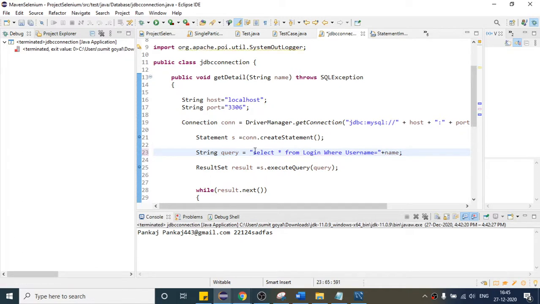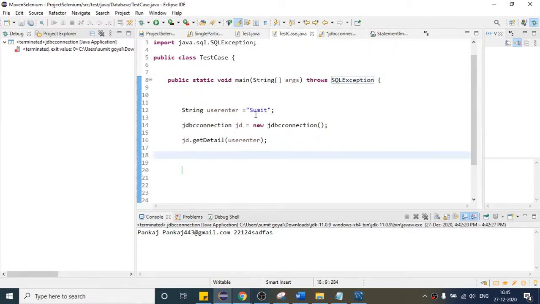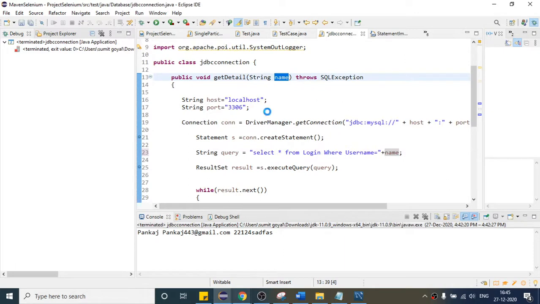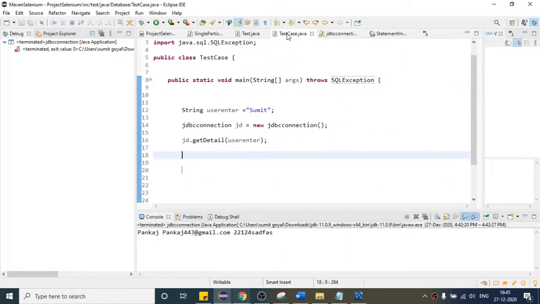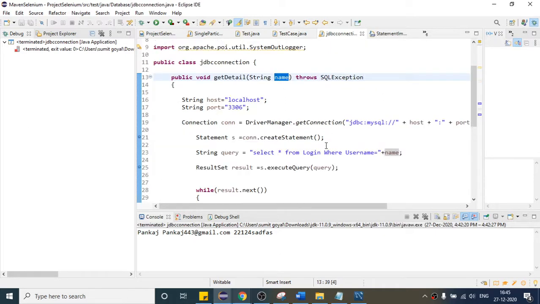Right, so now this is a string, this whole thing is a string, and this is basically my name that will come here. At runtime this is how we have created one method. So let us see whether first it is working or not. Let me put a debugger so that we can see. Now I will only run my test case from here.